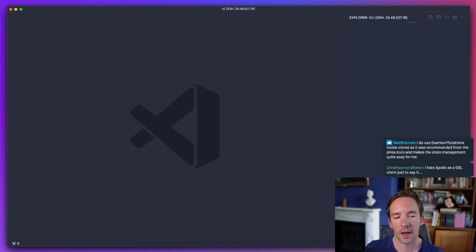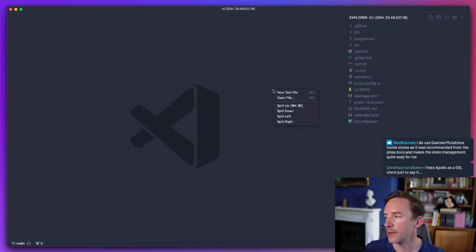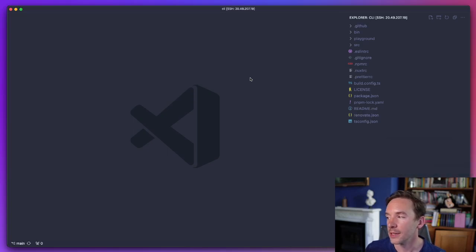Apollo, it's huge. I think it feels like it does a lot. That's right. It does a huge amount in terms of caching and being able to perform queries locally. That's amazing. But I'm very rarely working in a project where that's an exceptional situation where you need that, I would say.